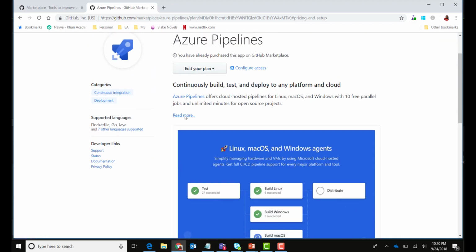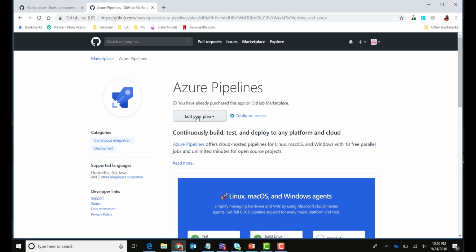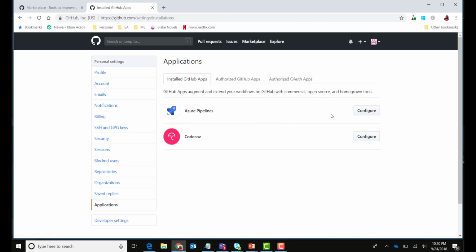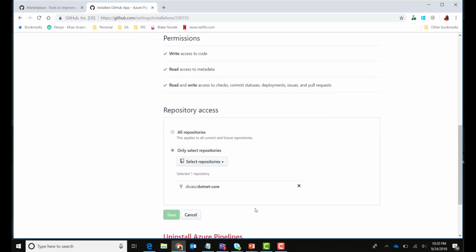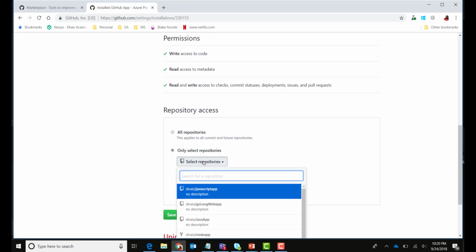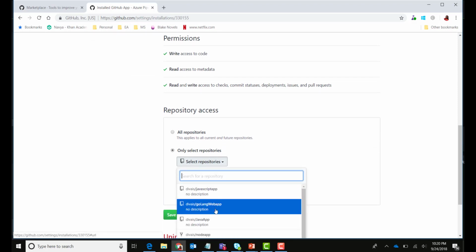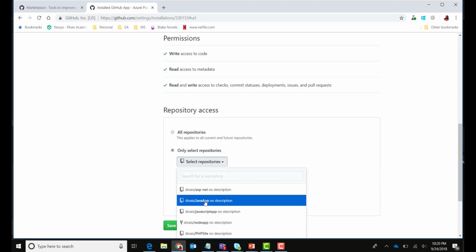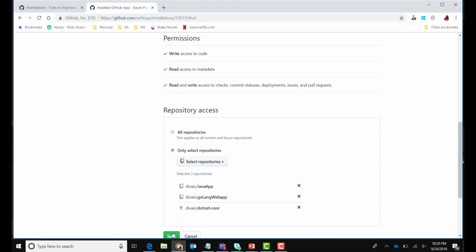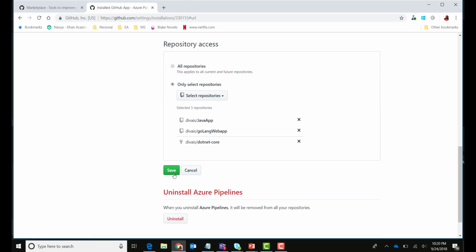Now let's go ahead and set it up. You can install the extension. In my case, that's already installed. So this is already available. Now to go ahead and use it, what I'm doing is configuring access. So I can either go to the repository and select that, or select the repository that I want to set it up for. So let's do it for a Golang as well as the Java app. So let's do that. Now when I save this,